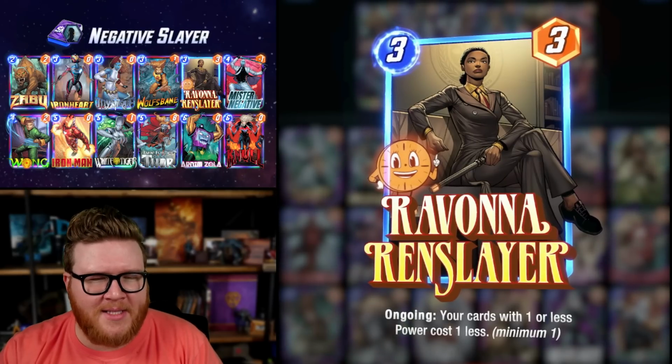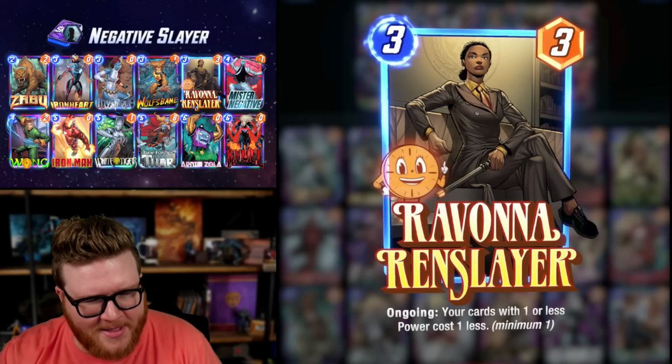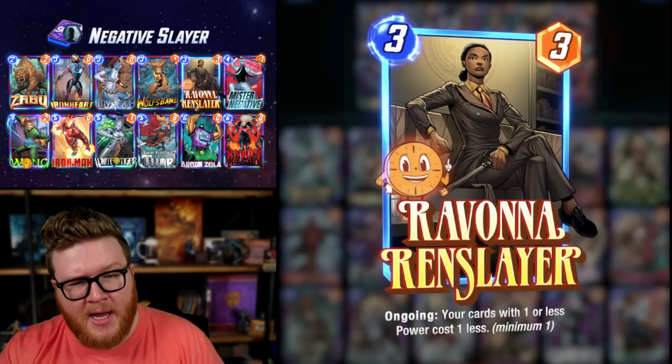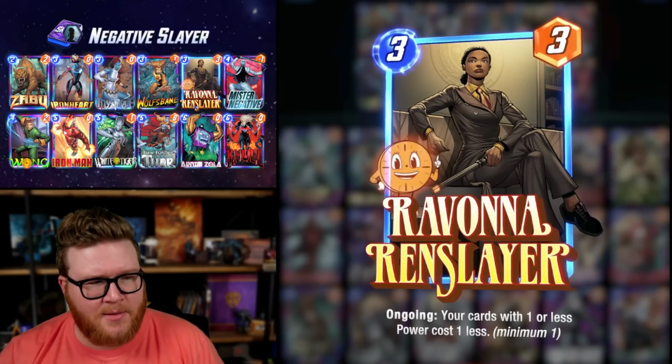So Ravonna Renslayer is Marvel Snap's newest card, and I think people are sleeping on this one a little bit. I think this card has a lot of potential, and in fact, I think we're going to see some of that explored pretty well in this video. She's a 3/3 ongoing. Your cards with 1 or less power cost 1 less,